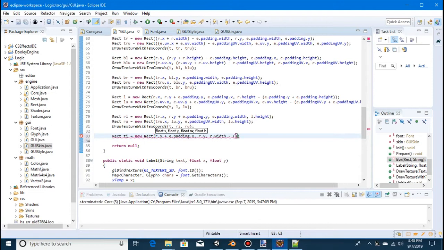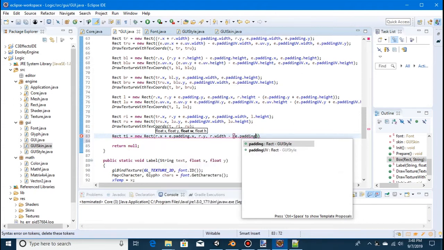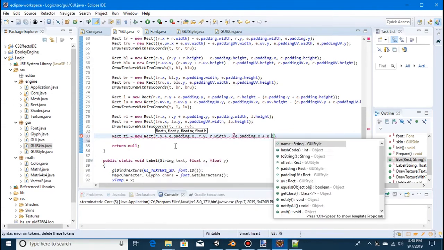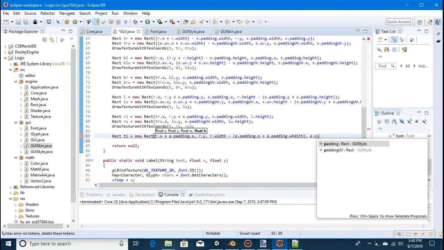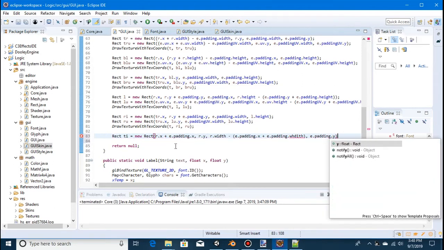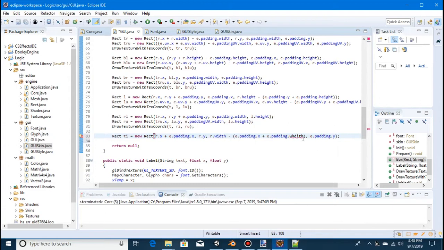R dot width minus e dot padding dot x, e dot padding dot width, and then e dot padding dot y. Yes,